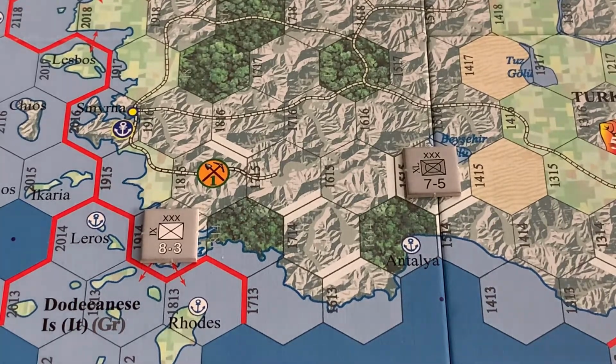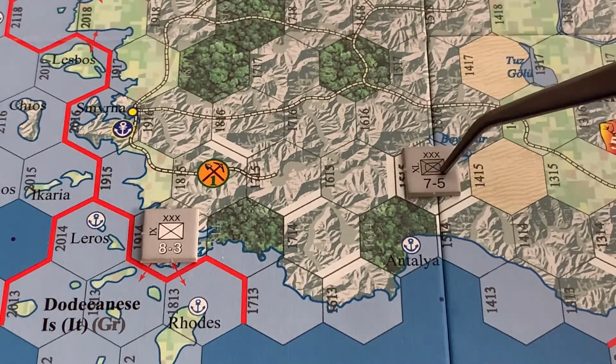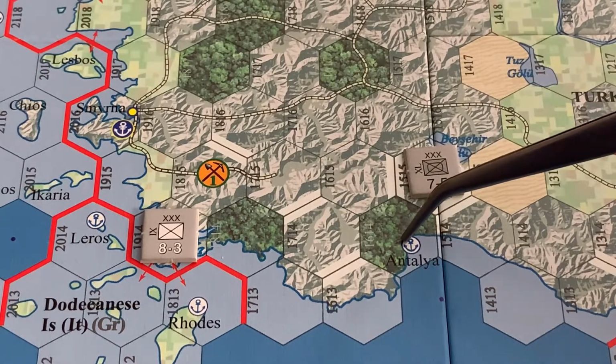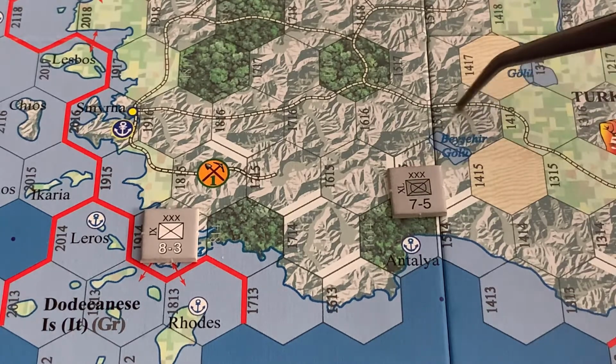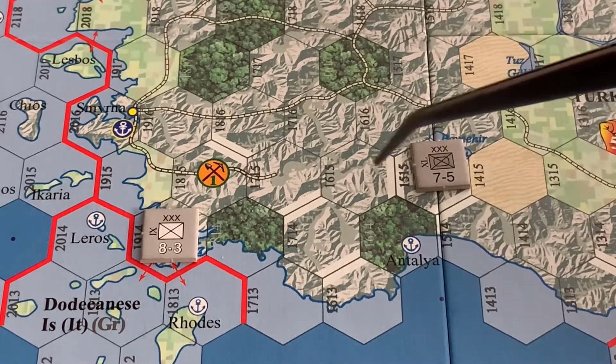So, in this example here, you can see the German mechanized corps in this mountain hex will exert a zone of control into this desert hex and into the forest hex with the port, as well as this mountain hex. But because of the lake hex side here, there is no zone of control in this hex. Similarly, because of the alpine hex sides here and here, there's no zone